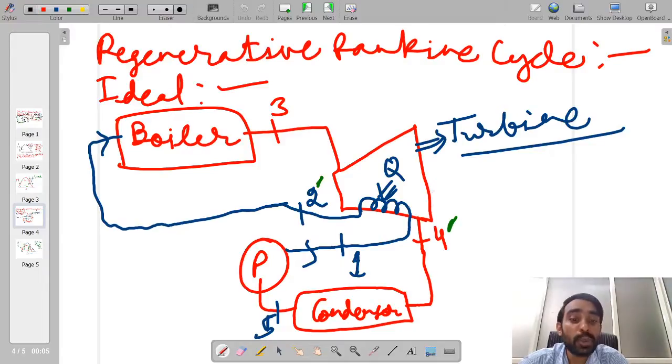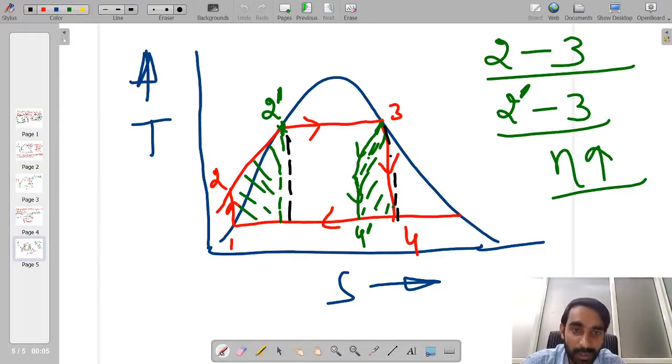So controlling the quality at the exit of the turbine becomes difficult, because if you see over here, in an isentropic process we get point number 4. However, if we include the heat addition process inside the turbine, we get a new state as point number 4 dash. So point number 4 dash represents a lower quality in comparison to the quality obtained in the isentropic process. So in practical scenarios, if we have to employ this cycle, we will be deviating from the ideal regeneration cycle.